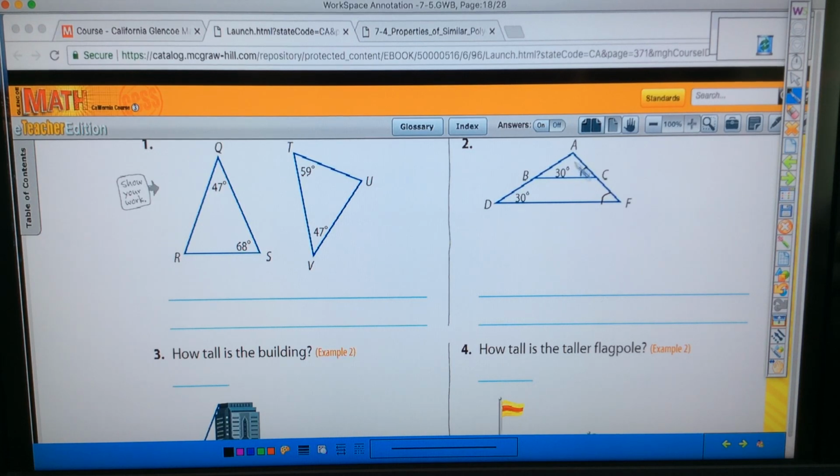So that would even be enough information to say, you know they have B and D in common, they're both 30 degrees. You know they have to have angle A in common because they literally share that angle. Because they have those two in common, they have to have a third in common. Okay,